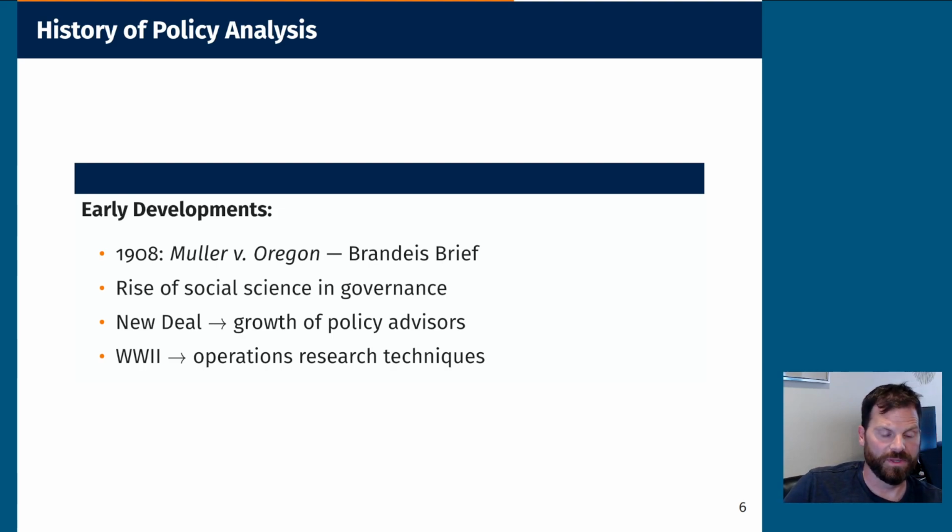Right, we talked about this with our theoretical developments, our quick and messy political philosophy, where there's this notion that we need knowledge, coming from Bacon all the way up to 20th century Dewey, with the use of social science in government. The New Deal policy advisors began to spring up because government programs began to spring up left and right. And so we needed to understand if they were working, or the best way to address the actual problems these programs were designed to fix. And then World War II explodes the sense of using research and various techniques to understand our public policy problems.